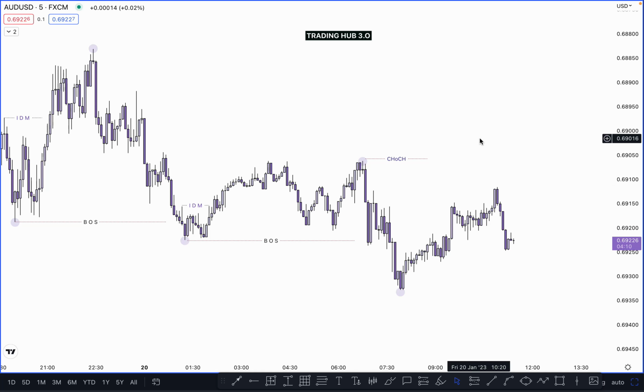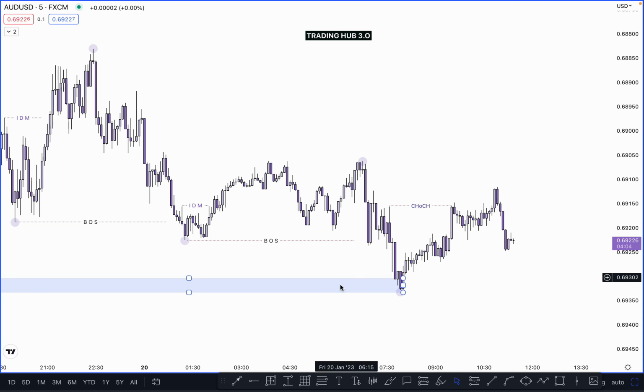But if price tap on PY zone, then you don't need to wait for candle closure to confirm a valid CHoCH. And this is not inducement because price already tap here, and now we are looking here for buy, and this can be your change of character. And after change of character, you have to wait for taking out the lower time frame inducement, and then definitely you can buy here.